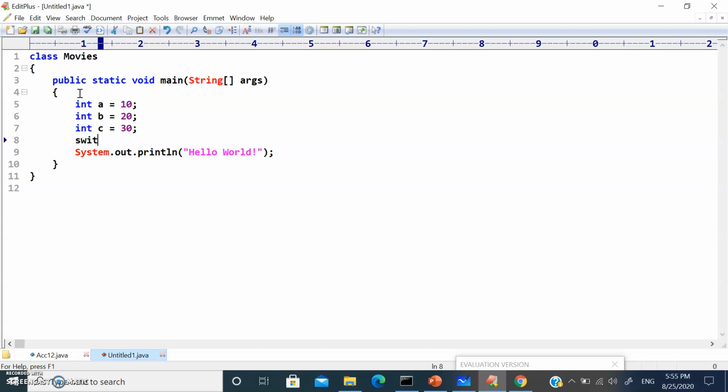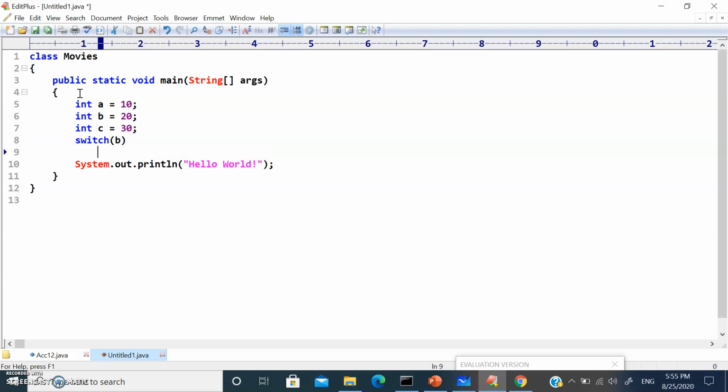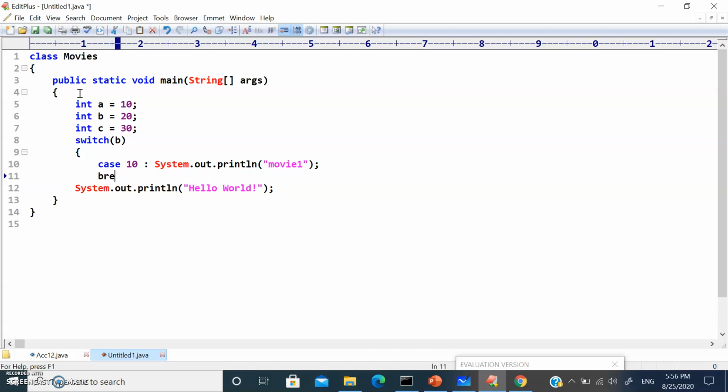So let's say switch, let me say b, then let me say case 10. So let me say System.out.println, let me say movie 1, and you can have break if you wanted.